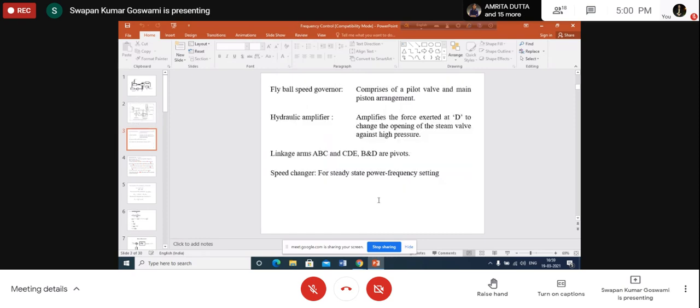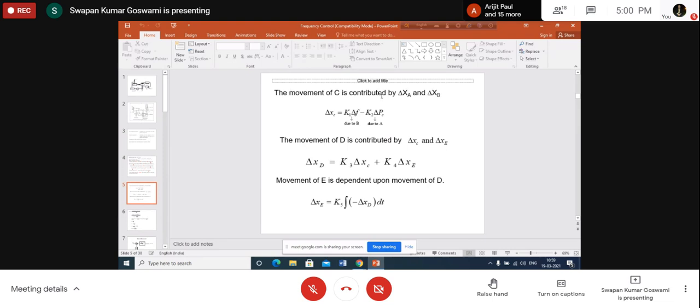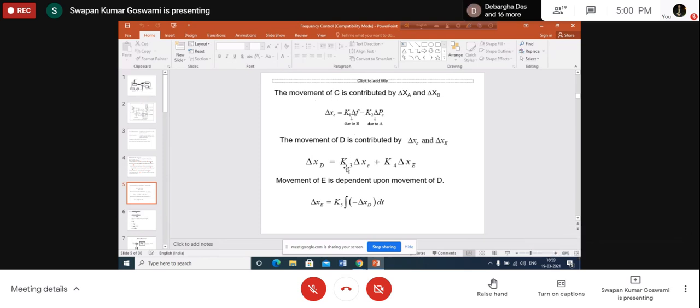To do this, let us now see. These things are what I have already mentioned. I will send you all these things, and you will have them, so you can follow this, no problem. But now come here, where the mathematical model is being developed. Now we see the movement of C. I shall follow this and explain it, again taking reference of the figure of the load frequency control system.